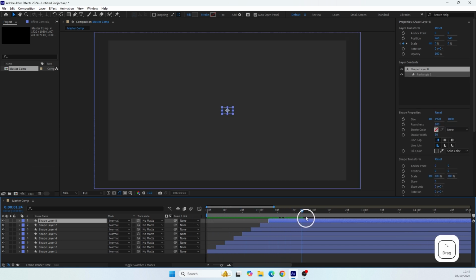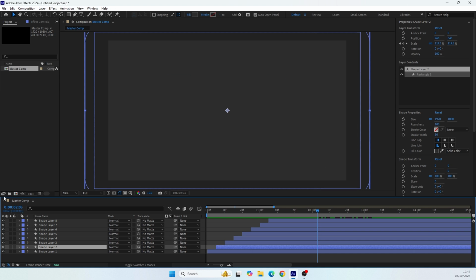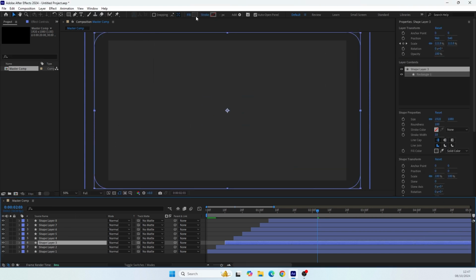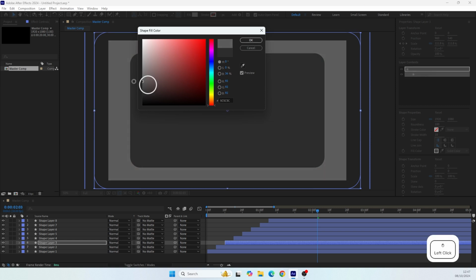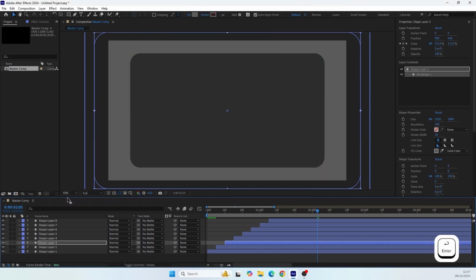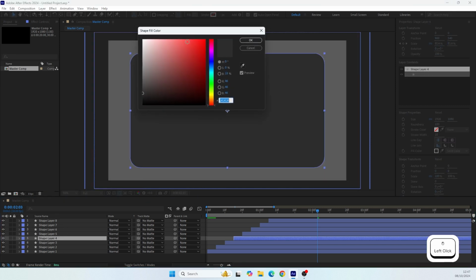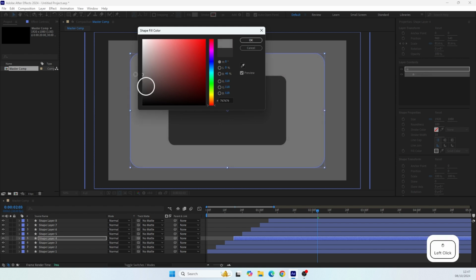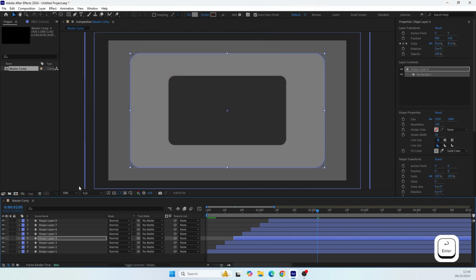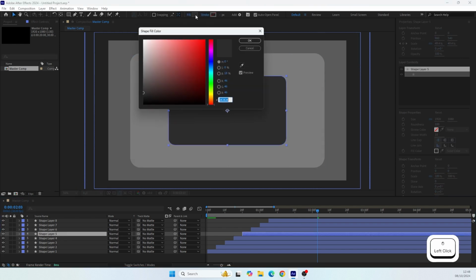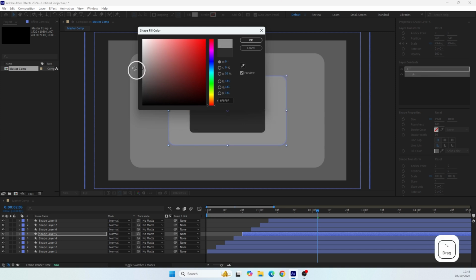Okay, and now select each layer and brighten the color a bit for each one of them. Color all of them in gray colors. And later I will teach you how we can change all these colors at once with one effect. So keep changing the colors, but stay around the gray colors only.